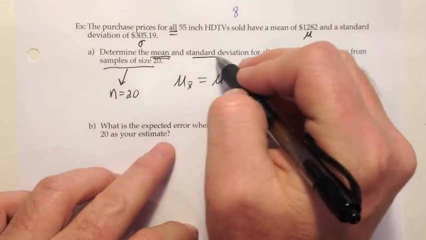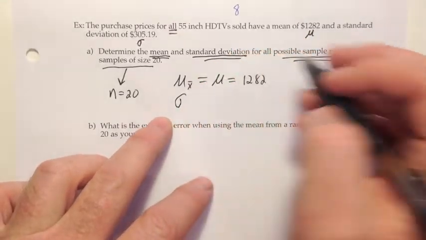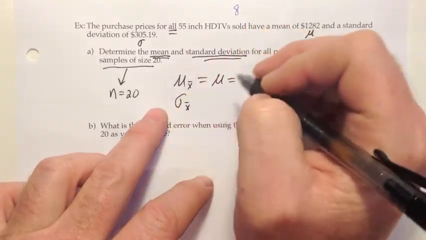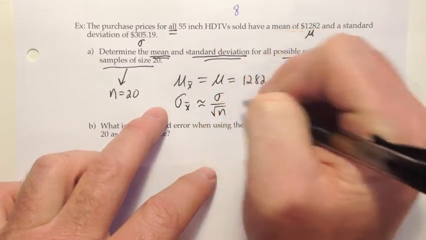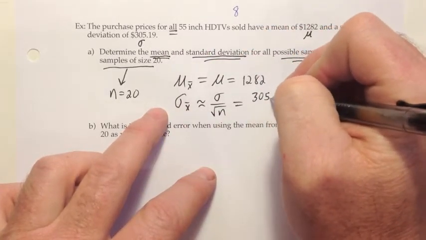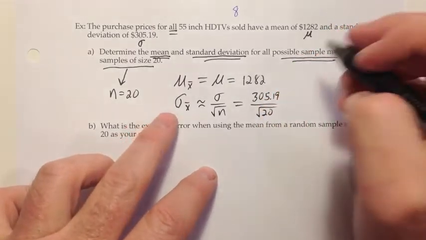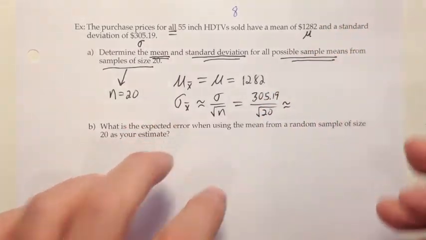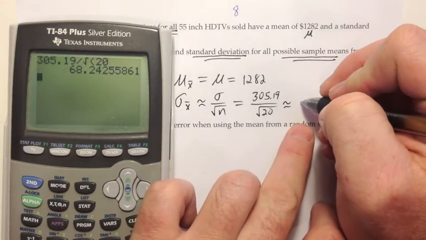But when they ask us for the standard deviation of all possible sample means, that's the standard deviation of the sample mean, so the standard deviation of x bar. Our formula on the previous page says that should be approximately sigma over root n. We know sigma, 305.19, and then we divide that by the square root of the sample size. So the sample size does figure into the standard deviation of x bar. And then we'd go to the calculator for that part. So 305.19 divided by the square root of 20, and we get about